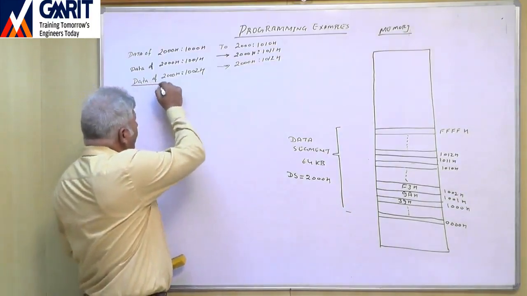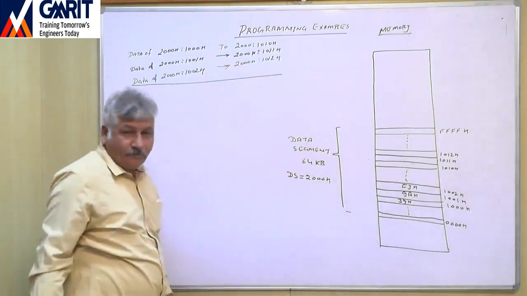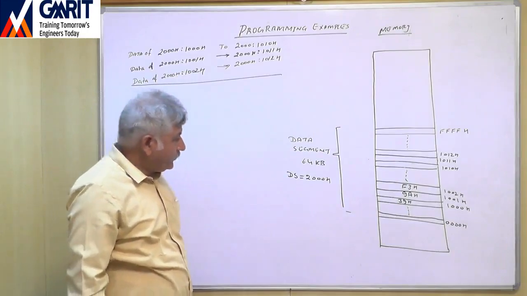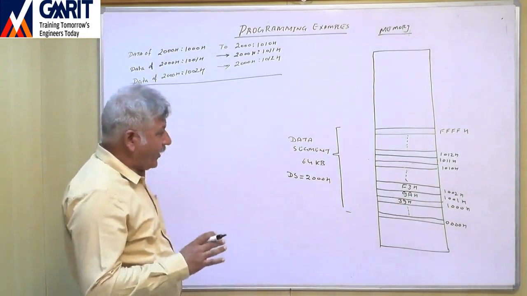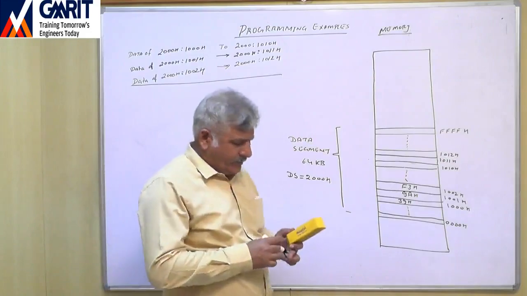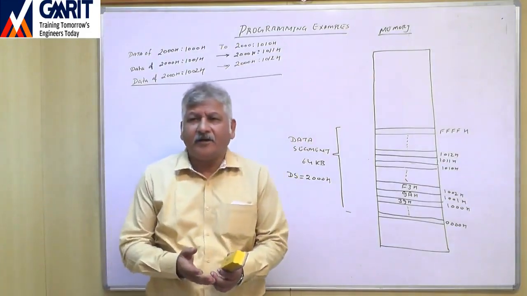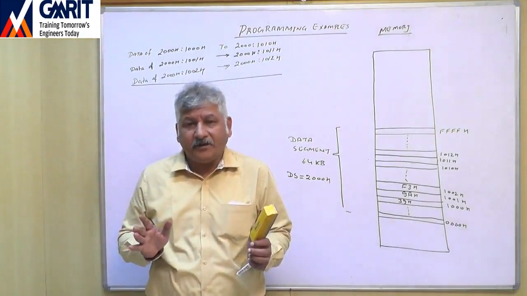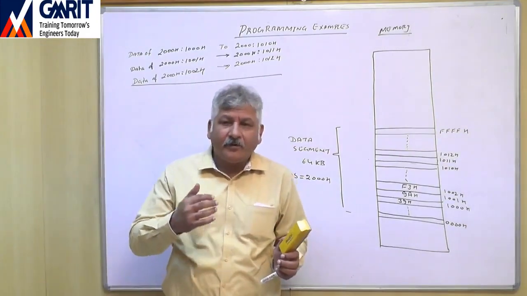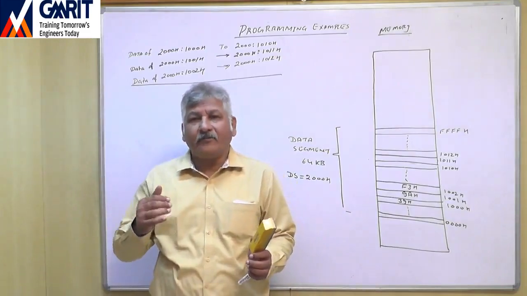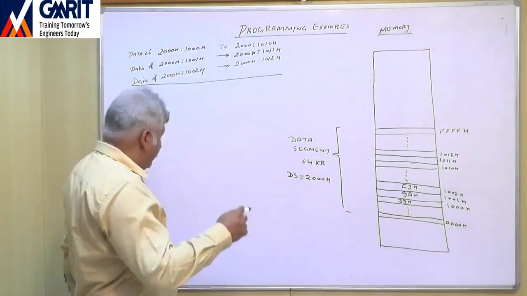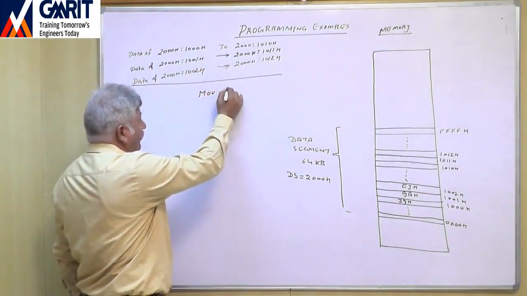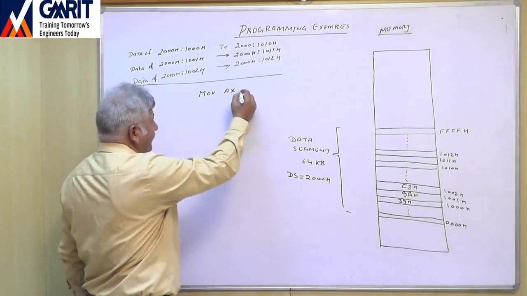So now how to write this program? So what we will do? First, we will write this program in the simplest way, right? In the simplest way. Then we will convert it in a more effective manner. So first I will write the instruction MOV AX,